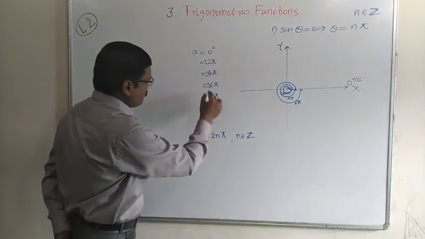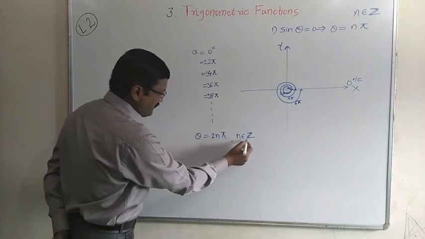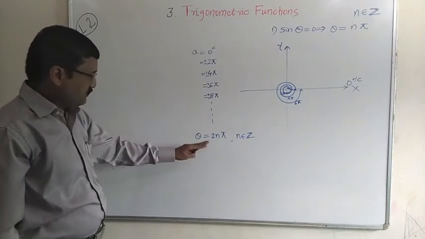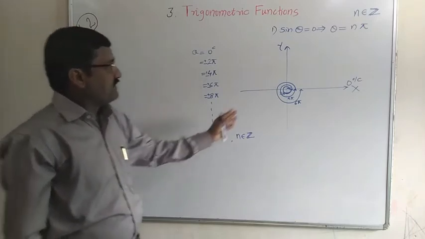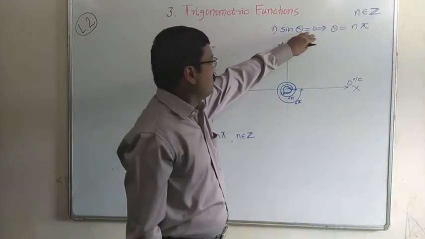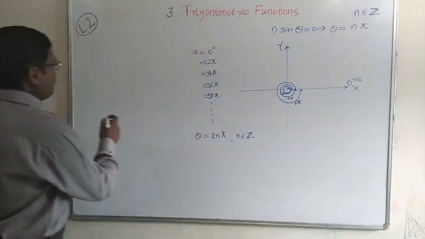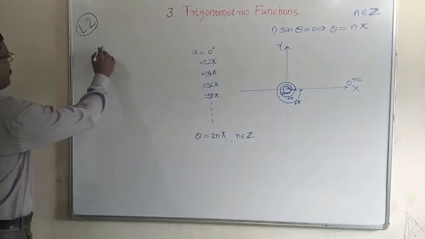So all these positive negative are included here because this n is an integer. It may be positive or negative. So this is the general solution of this trigonometric function sin theta equal to 0, when we think in this way. But instead of that, if we think that